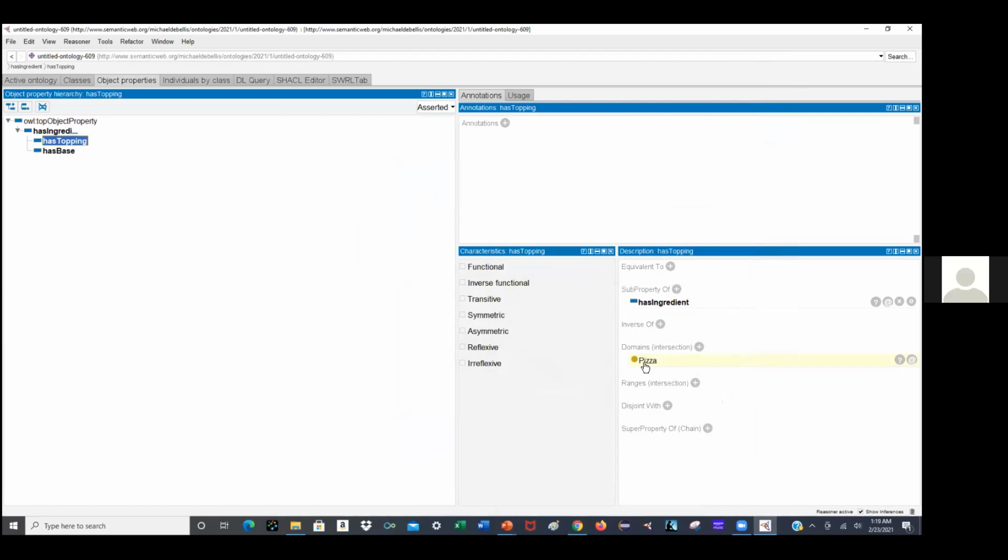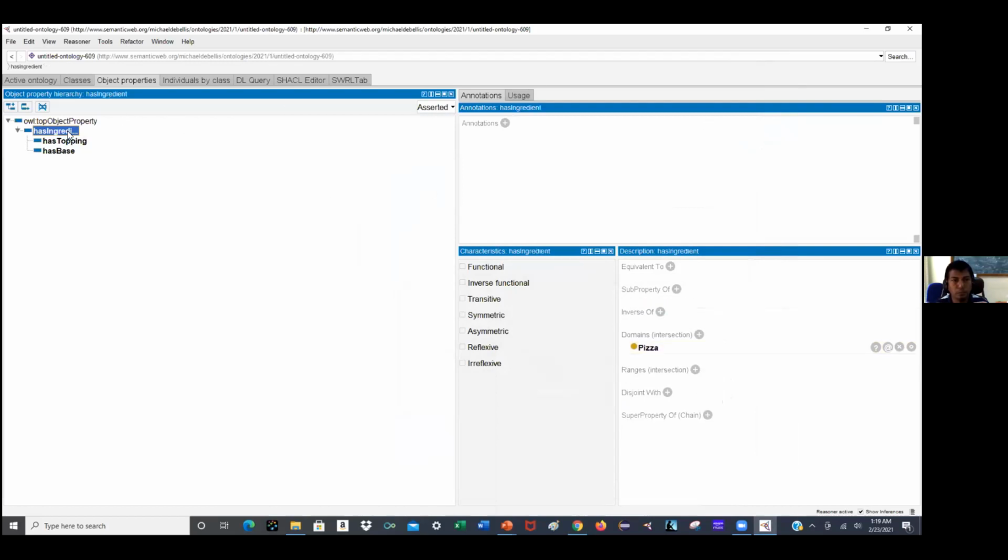Sir, how to add the domain? If you can please repeat. Yeah. Okay, so for the domain, you go to has ingredients, and then look in the description